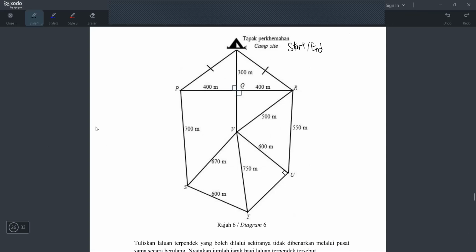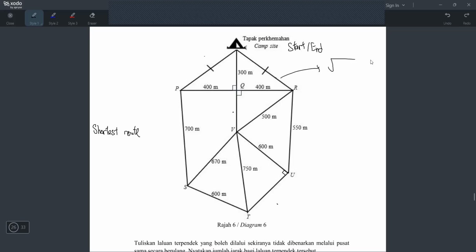And then they want the shortest route, right? So before you find the shortest route, you have to write down the shortest route from where first. It means you have to write down the arrow, from where to where. Okay, let's try to find the shortest route. There are some lengths here that I can find. For example, here I can find because it's not given. Because if I want to find the shortest route, I have to make sure I find all the distances of the paths first. So for example, this distance I can find. How to find this distance? Campsite to R. So how do we find the distance here?